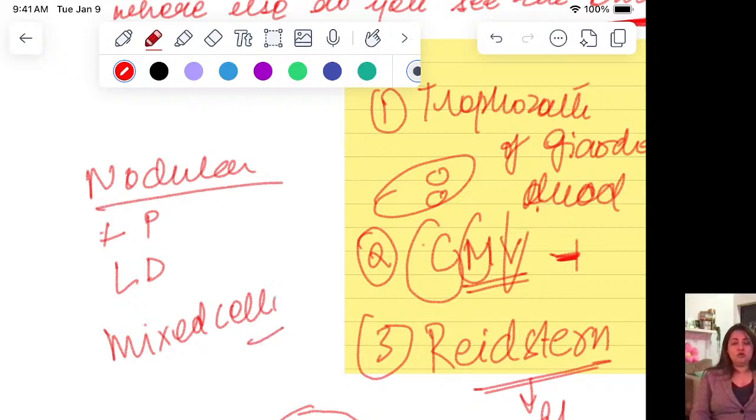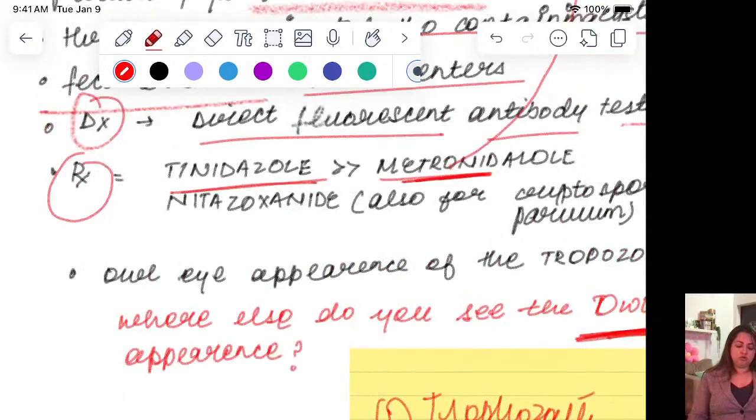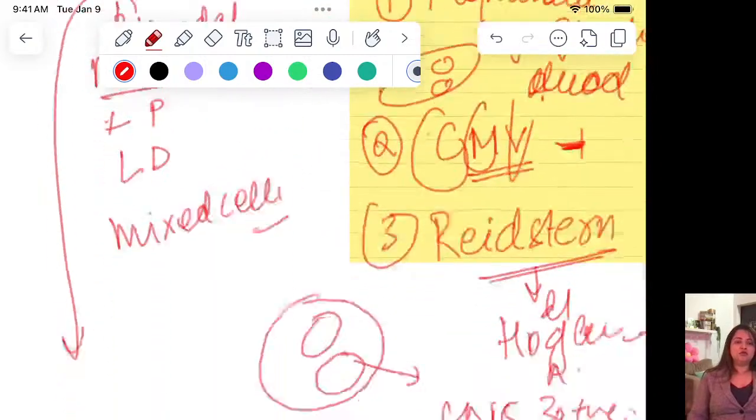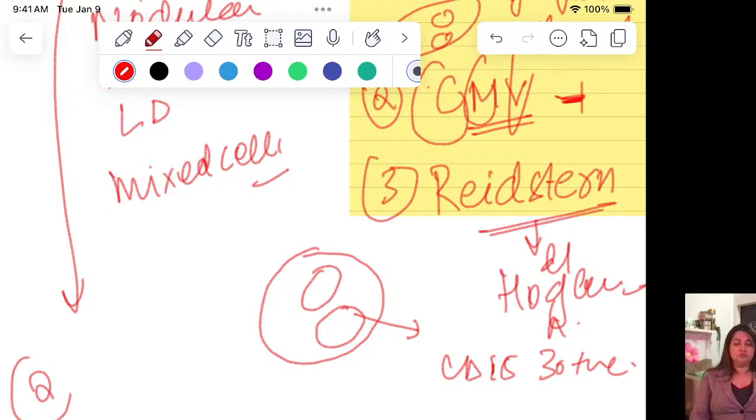Most commonly, when you talk about nodular sclerosis, that shows bimodal. So whenever you are given bimodal age group distribution, what should you remember? Always remember number 1 Hodgkin, number 2 very very important is the